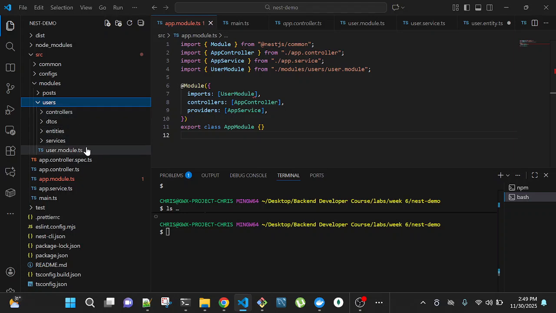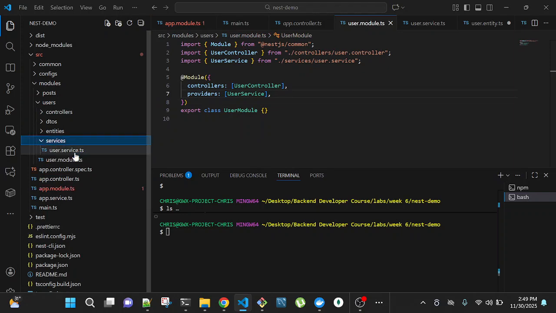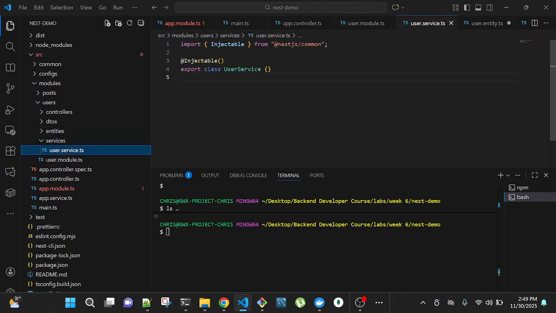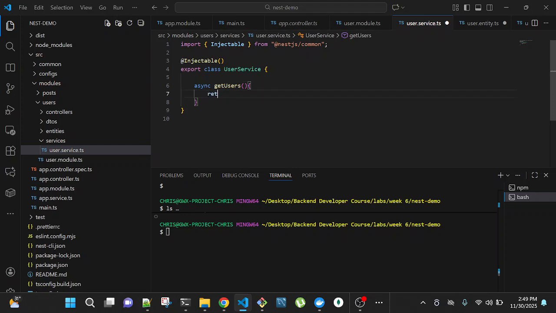We have our service. So let's create some methods and call them in our controller. So I will call this async get users, right? So here I will just return an array of users.